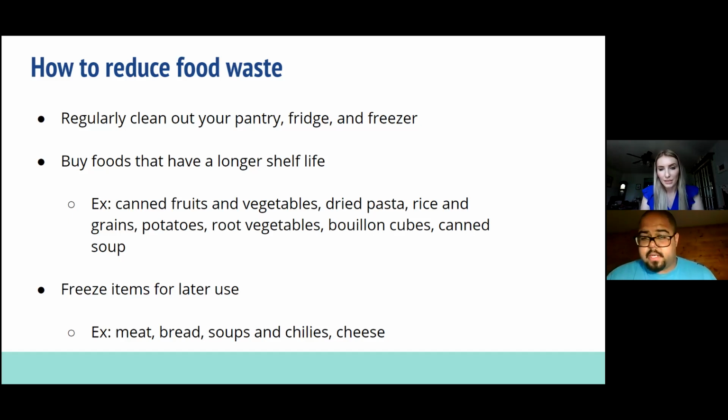So after this section, does anybody have any questions? And if so, you can just click the microphone to unmute and ask away. So no one had a question, but I believe